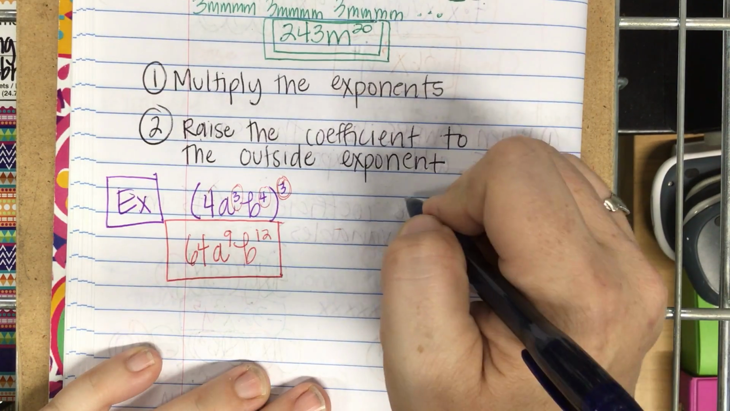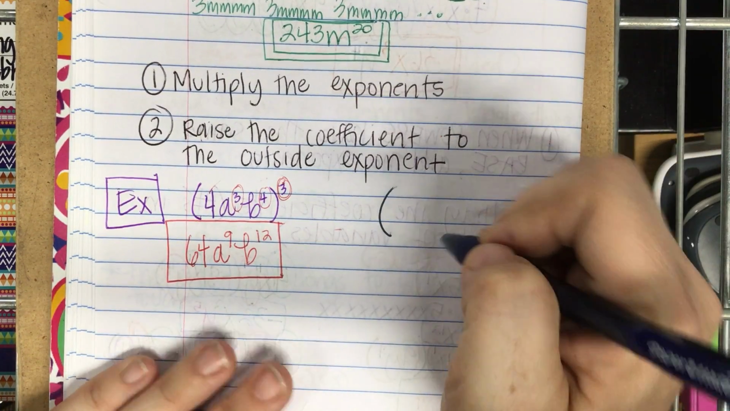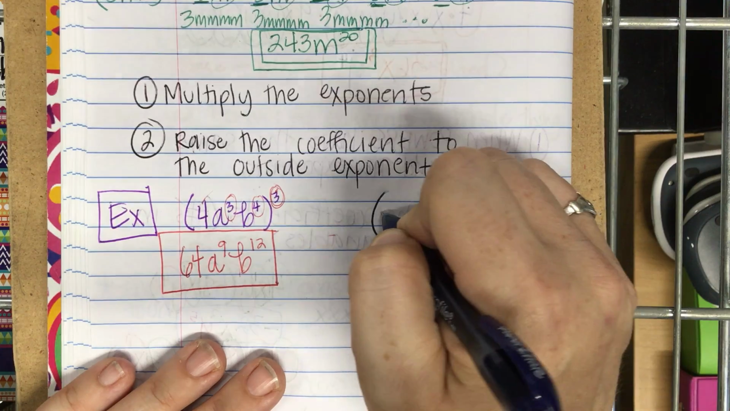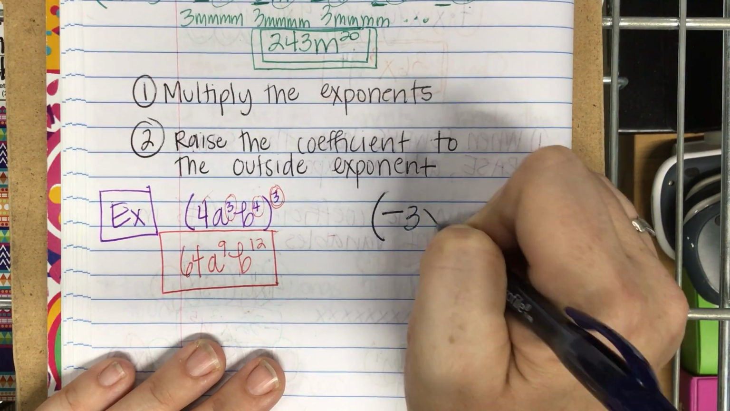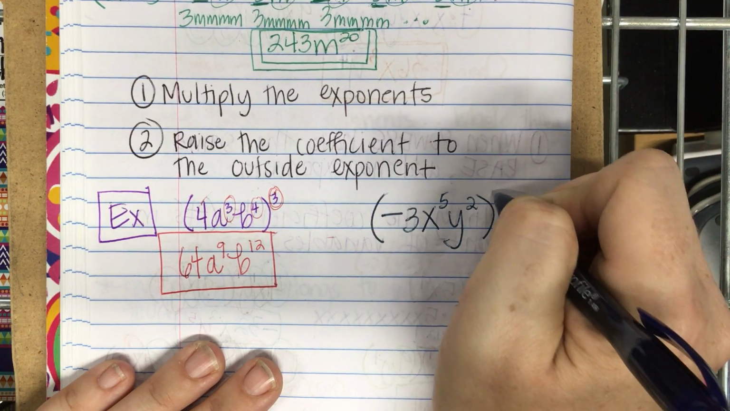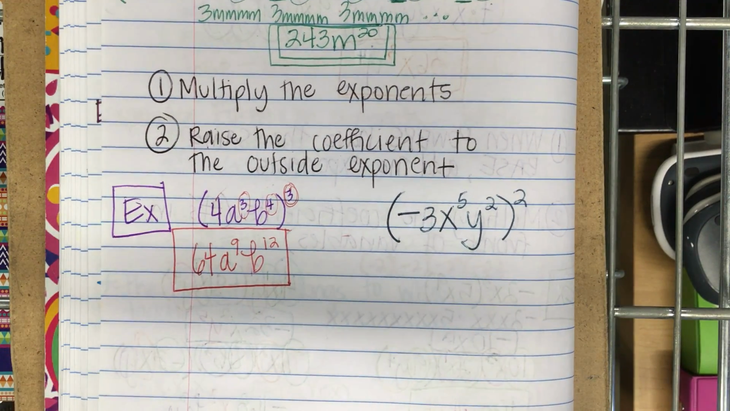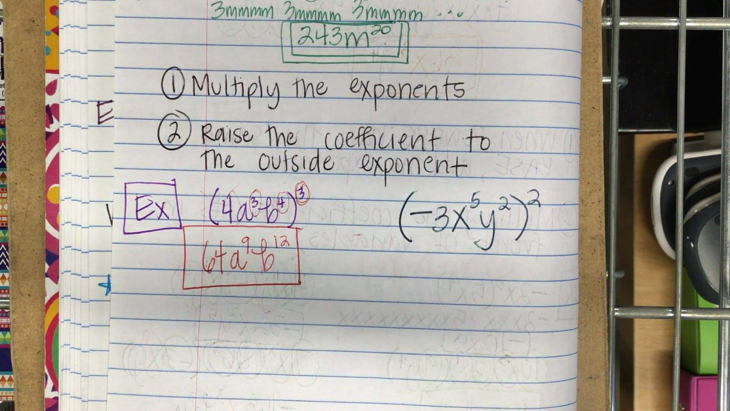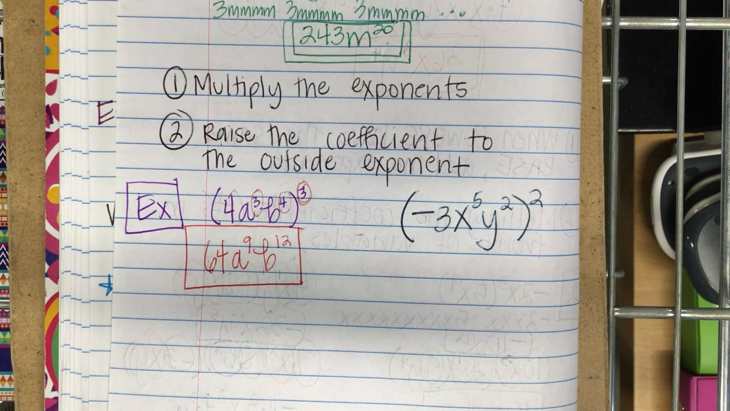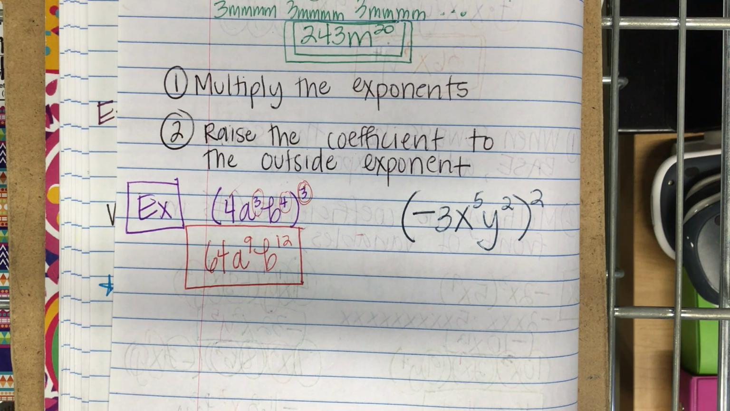What if I gave you, yesterday I didn't give you a negative, and I think that kind of scared some people. Now you have to remember, you guys, is -3 inside parentheses? Yes. So that means when you put it in your calculator,